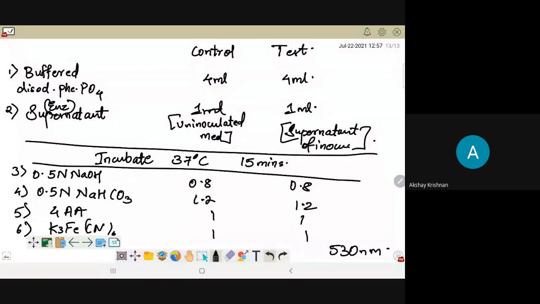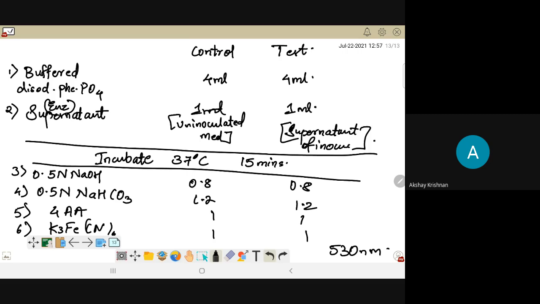So here in this assay proper, once the enzyme interacts with the substrate, it will release phenol, and then that phenol is going to interact with the rest of the chemicals and give you the quinone red compound. Okay, while in standard, you have already used phenol directly. So that's why no incubation period is ideally required. Here incubation is required so that the enzyme phosphatase can cleave the substrate and release the phenol group. Then it will be able to interact with the rest of the components.